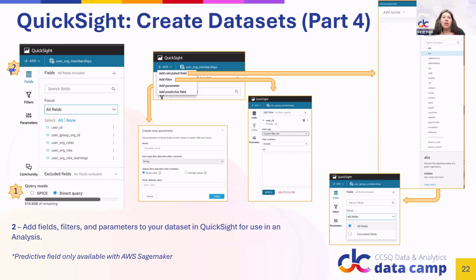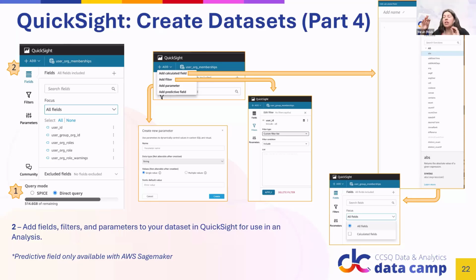Okay, so now that you've created your data set, or no, sorry, you're still in the process of creating your data set through the edit preview. You have decided what your query mode is. Now you have the ability to add fields, filters, and parameters to your data source before you make it into a data set. So if you have a really large table and you're like, hey, I only need 5 of the 50 columns in it, that'll help improve your dashboard performance.